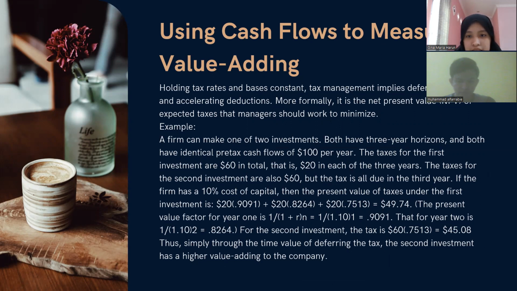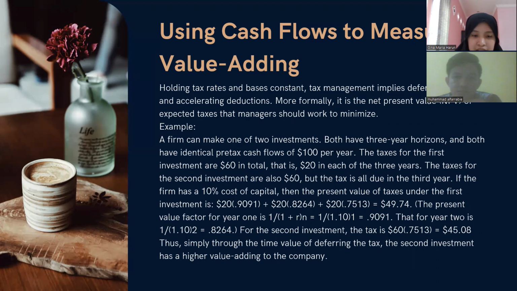More formally, it is the net present value NPV of the expected taxes that managers should work to minimize. Like we see in the example, a firm can make 1 or 2 investments, both have a 3-year horizon and both have identical pre-tax cash flows of $100 per year. The taxes for the first investment are $60 in total, that is $20 in each of the 3 years. The taxes for the second investment are also $60, but the tax is all due in the 3rd year. If the firm has a 10% cost of capital, then the present value of taxes